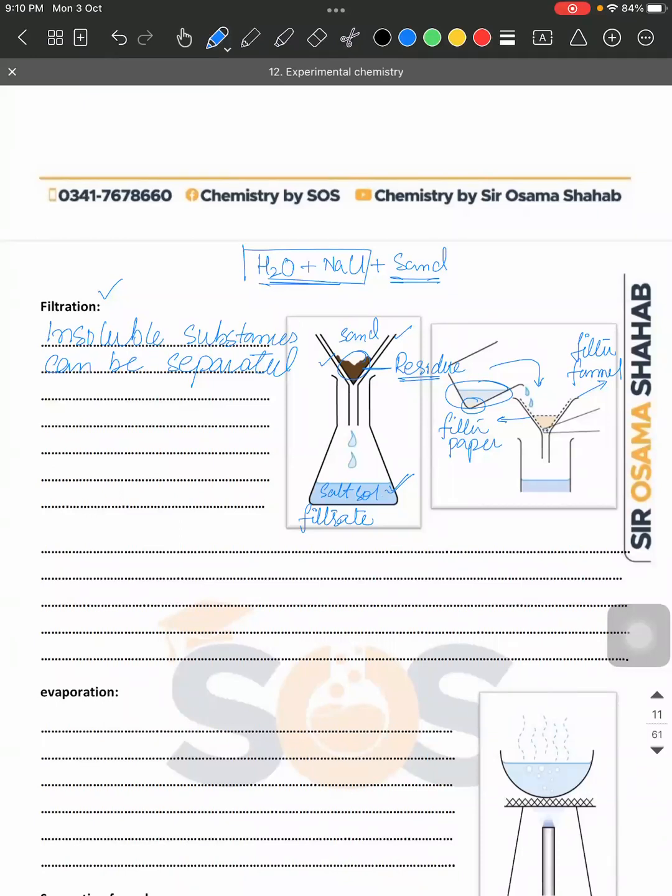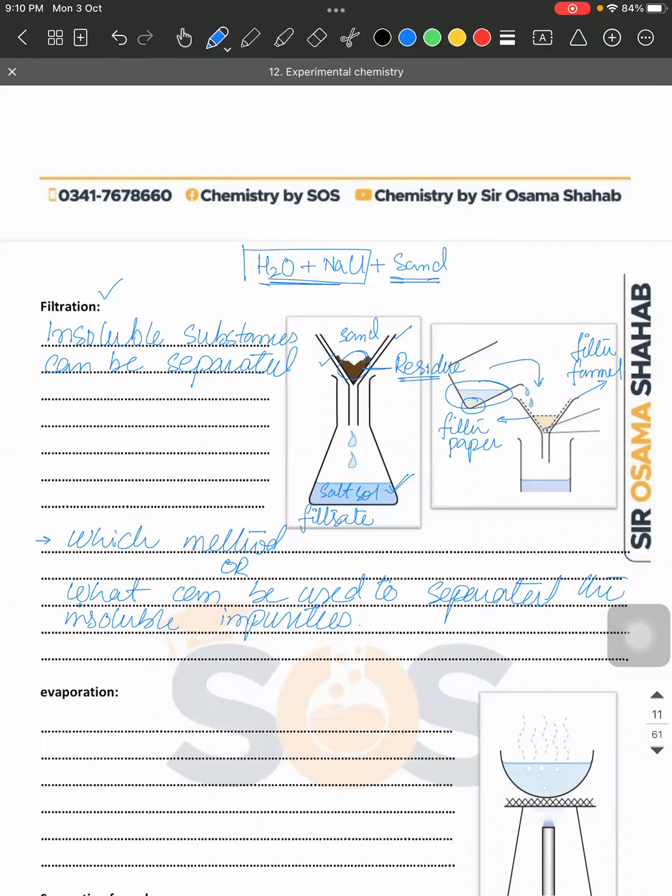Yes, sir. So it is a very common question in the exam. You will find that which method, or ये भी पूछ सकते हैं और बोल सकते हैं what can be used to separate the insoluble impurities. So bachcho, if you want to remove insoluble impurities from any substance, from any mixture, from any solution,